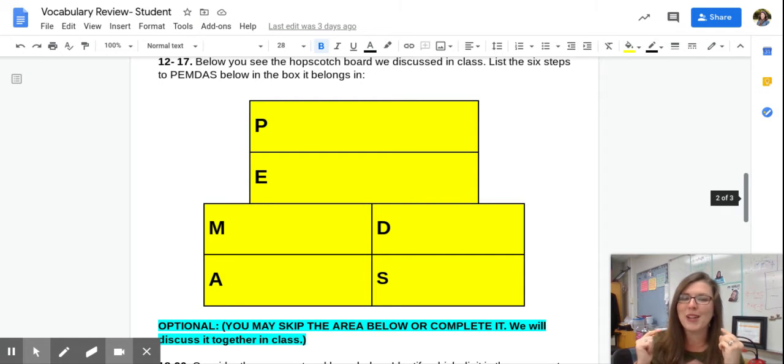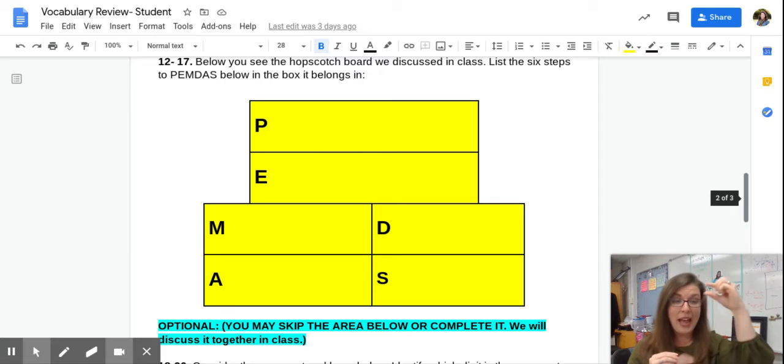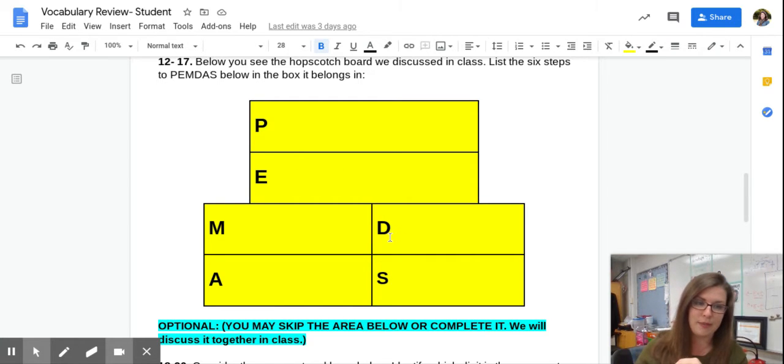Remember that call and response that we've done in class, and that should cue you as to that P parentheses step. Then the second thing that I do is exponents. I clear out all the exponents that I see in my problem. But after I'm done with those top two steps, that I see here as well as here, then I have partner steps. The M and the D step are a side-by-side step.